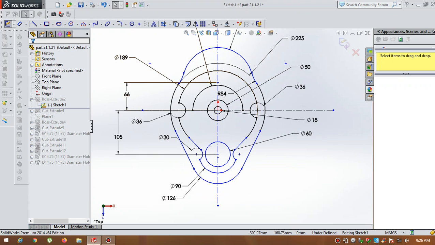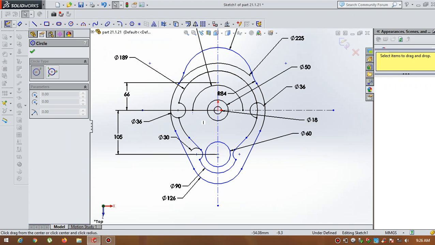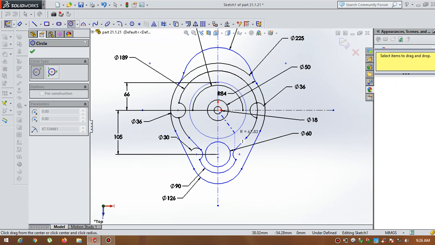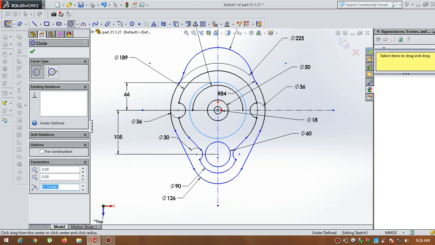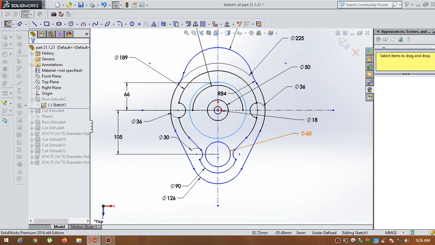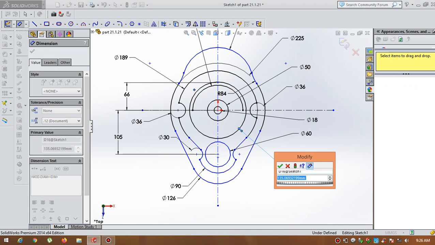Now I will show an example. Here draw a 225 circle. Give OK. Now go for dimensions. Here it is 225.